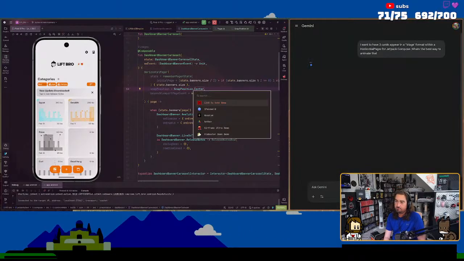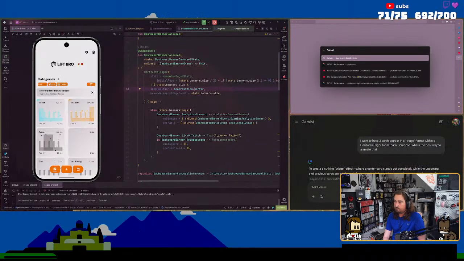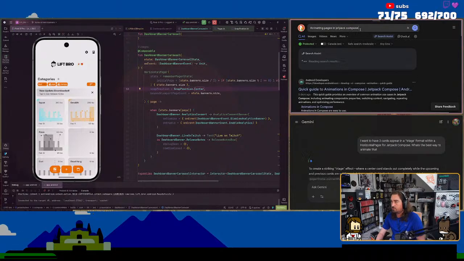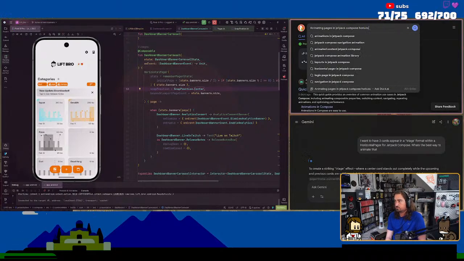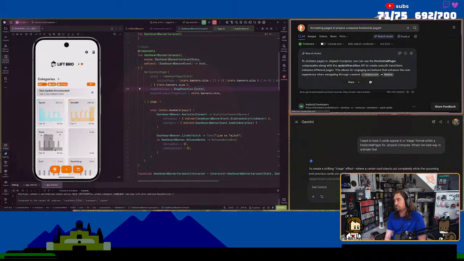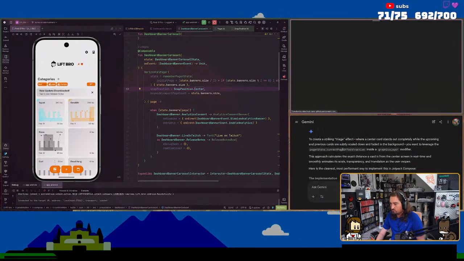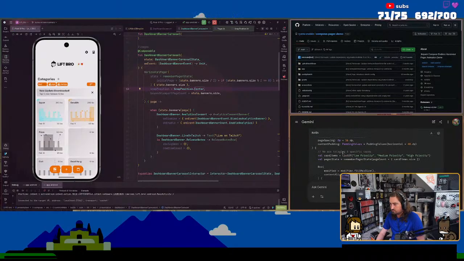And then we'll do another one: animating pages in Jetpack Compose, horizontal pager, triage effect.